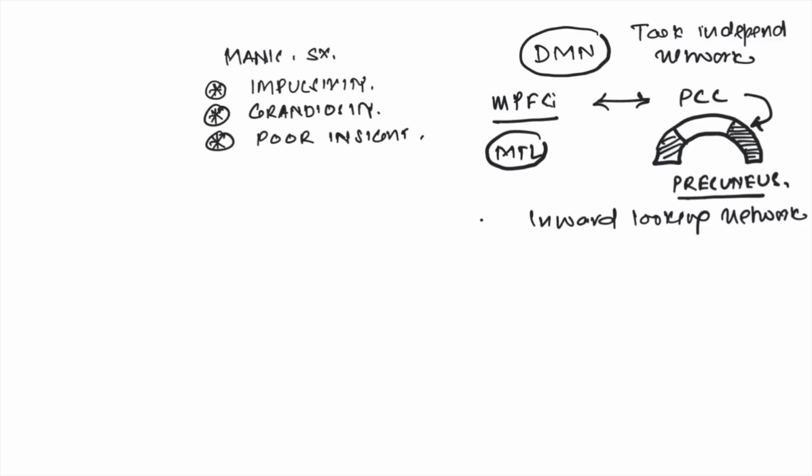Your own thought process, which we call the self-referential thought process, right? So the default mode network plays an important role, especially when you're not doing anything, when there is no task involved, right? So it's responsible for the self-referential thought process. It's responsible for accessing your autobiographical memory,